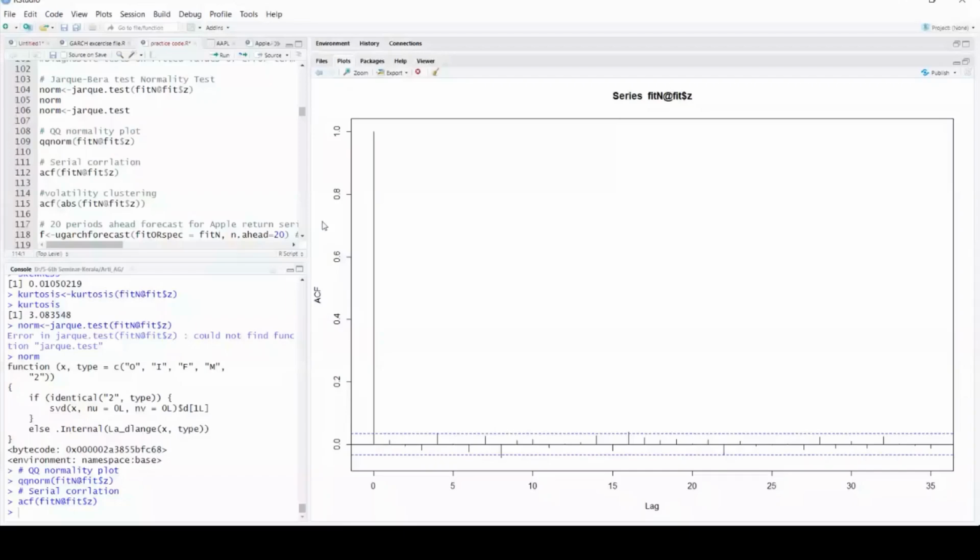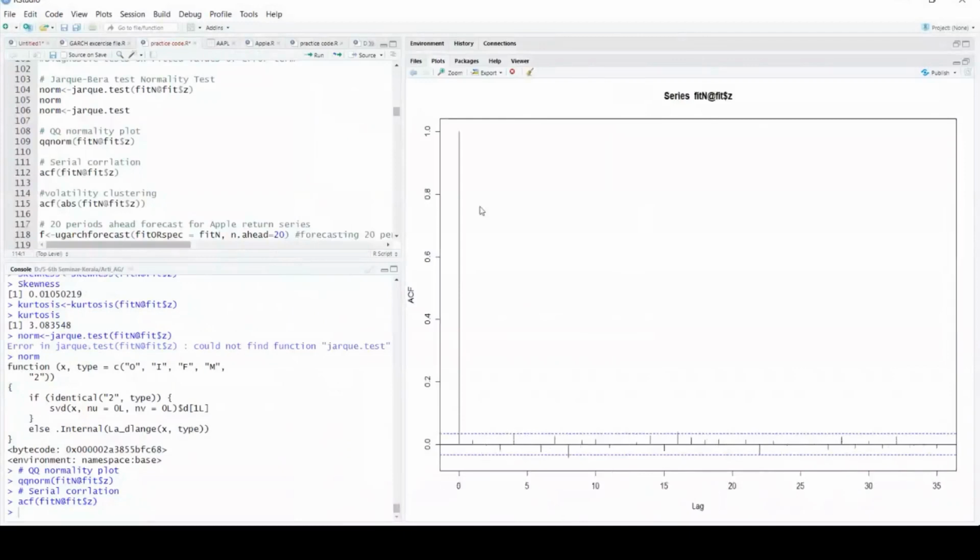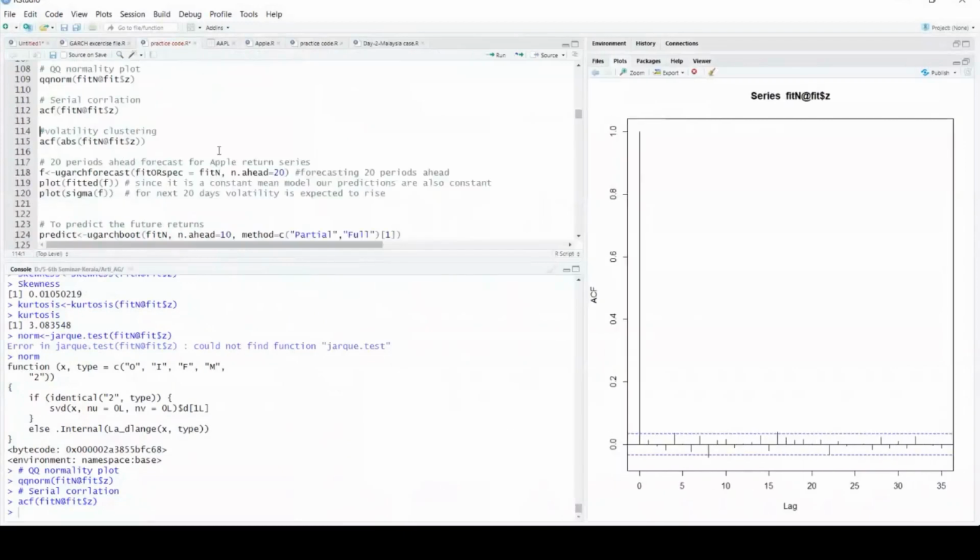Then my serial correlation plot says that there is no serial correlation. And in the result also, if you remember, somewhere I told you the null hypothesis was accepted that there was no serial correlation in the result of the GARCH model. The only thing is it requires practice, otherwise you can correlate all the things. So there is nothing new which I'm telling. I've already told you many of these things before.